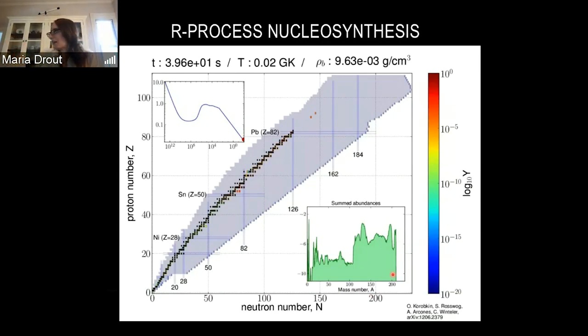So that was a bit just about nucleosynthesis and how you get there. It turns out that we know from studying abundances and isotopes in meteorites here on Earth that this rapid process, where you actually bombard nuclei with hundreds of neutrons per second, must actually occur in the universe. About half of the very heavy elements in the periodic table have to come from this process. So then the question we have to ask ourselves is, what is the astrophysical site?